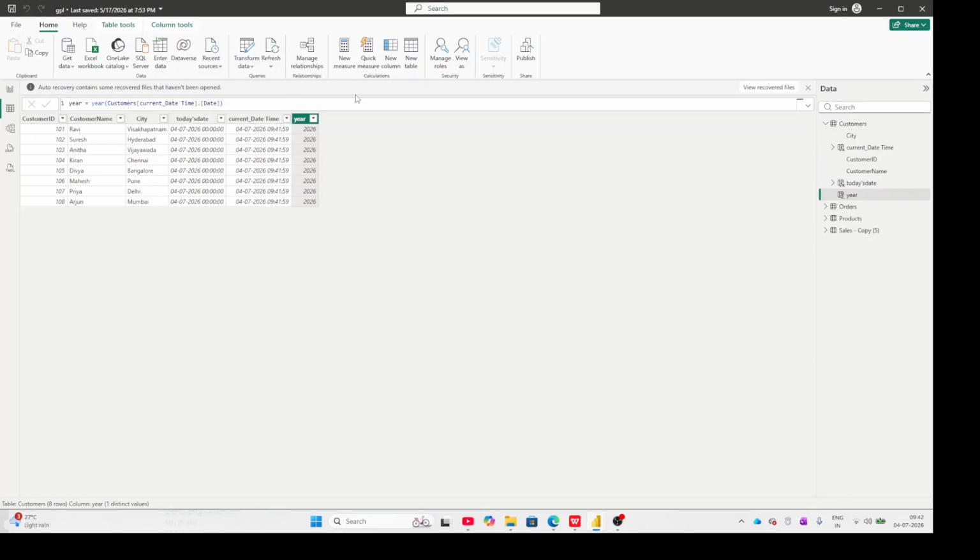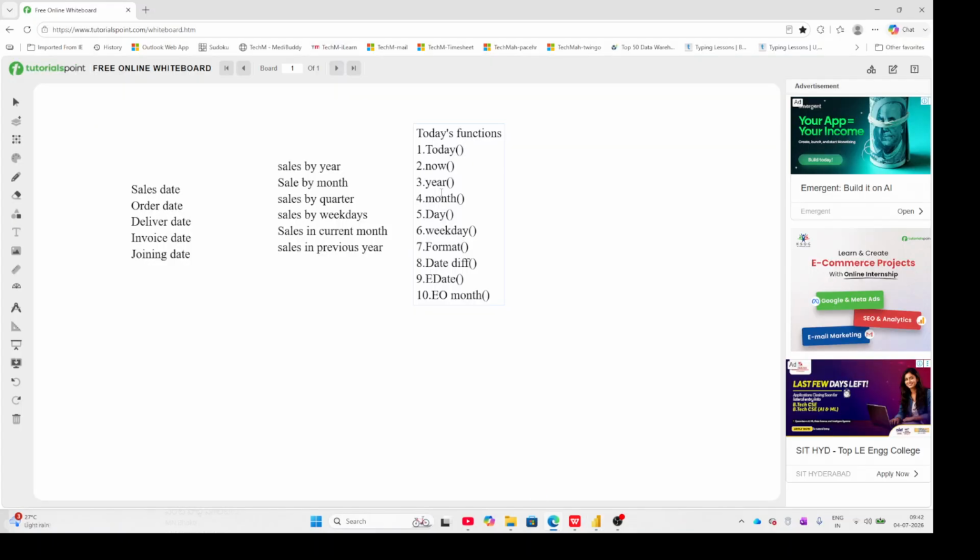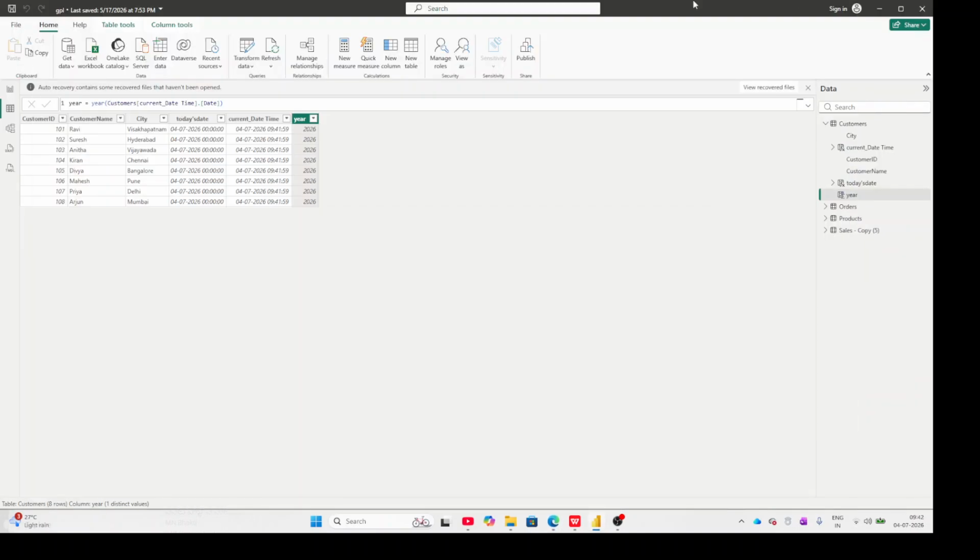Now you need to take after year, month, right? Just a minute, I will check now. After year, month and day. After that weekday. Okay. So further you need to give another column, new column. Now you have to give month function, right? Month equal to month of